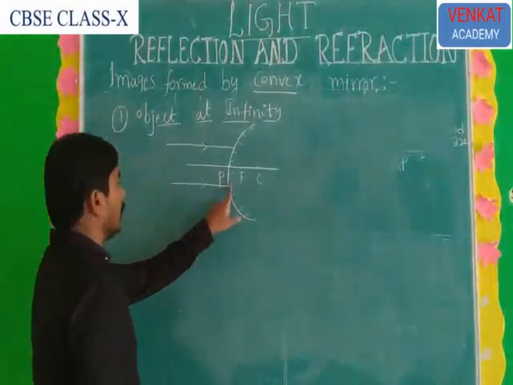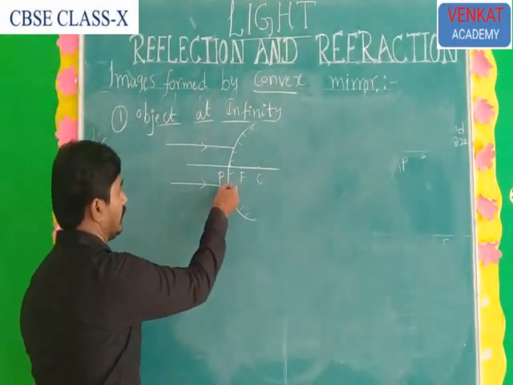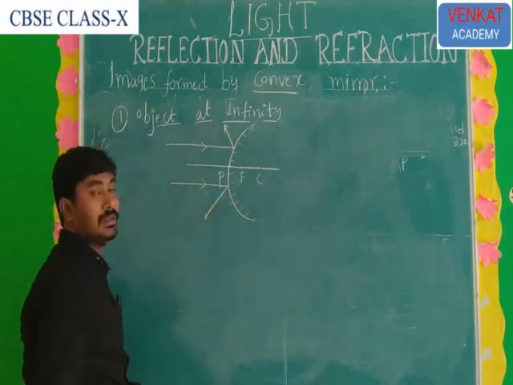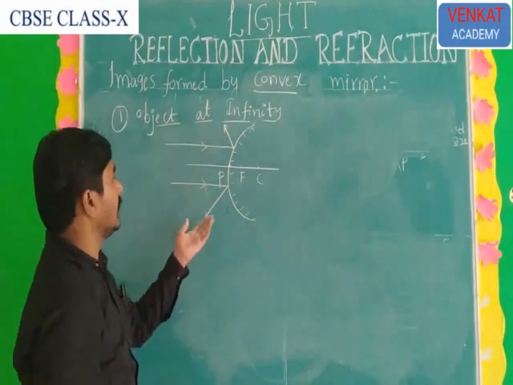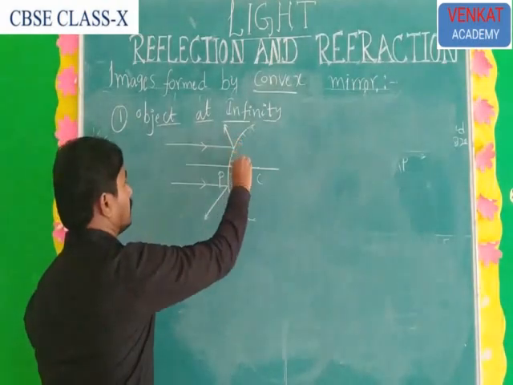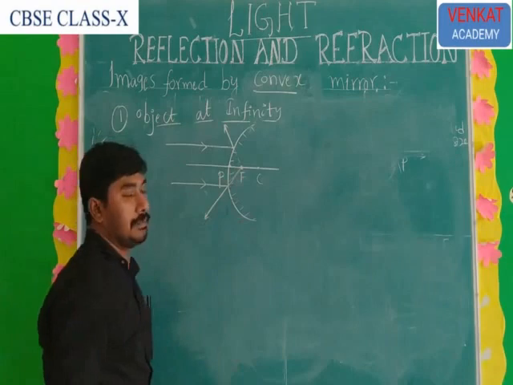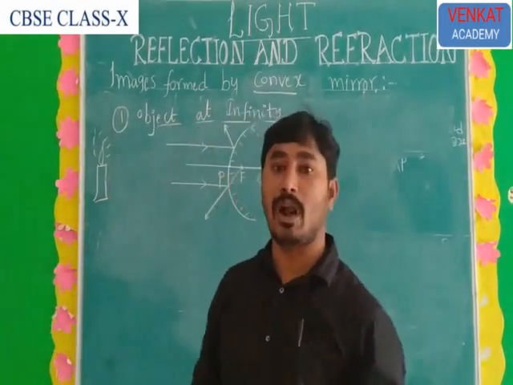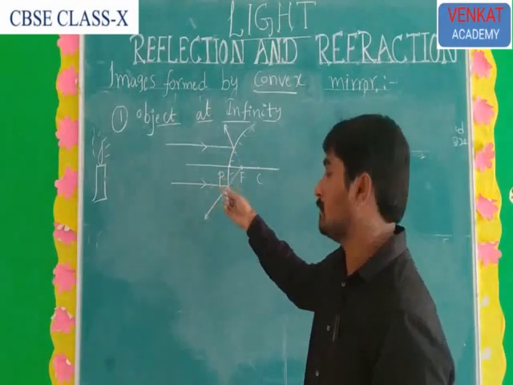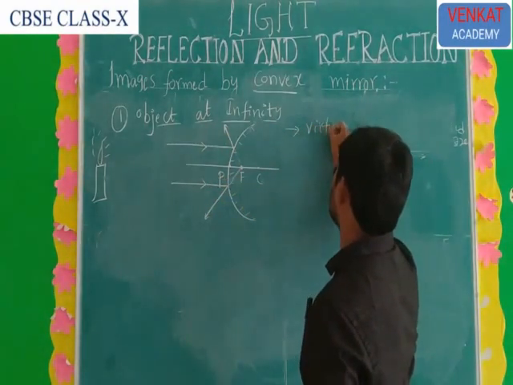So when the light rays fall on the reflecting surface of the mirror, it diverges. So the two reflected rays do not meet directly, but you have to draw the corresponding rays. You have to draw this light. So where the two rays meet, the image is formed. So what type of image? I said already, if the reflected rays touch directly it is a real image, but here they do not touch. So which image? Virtual image.